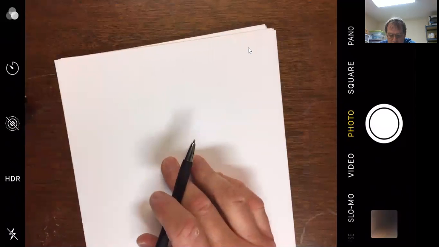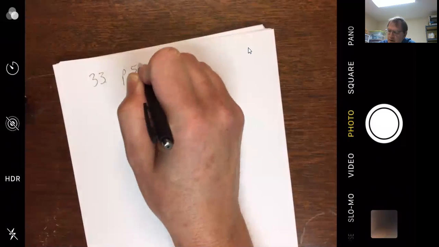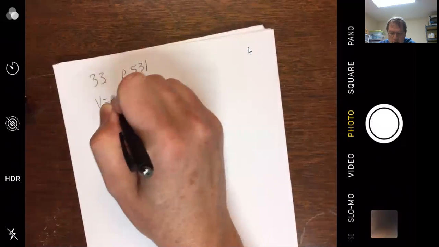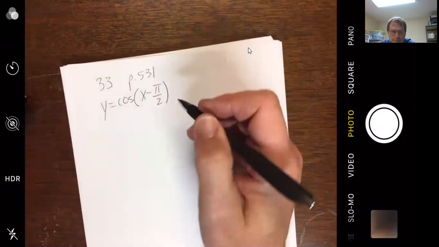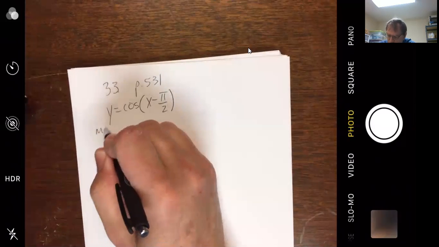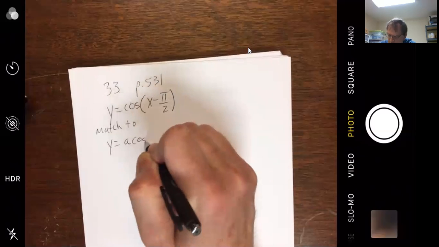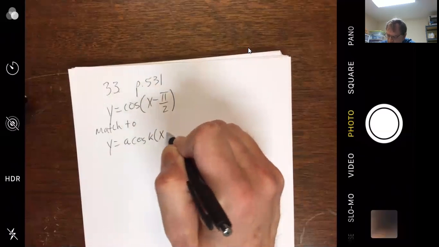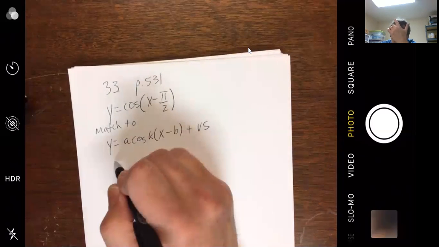In horizontal shifts in graph 1 complete period. I think I did 39 the other day. Why don't we try 33? Page 531. Cosine of x minus pi over 2. All right, and then we want to match to a cosine of k, and then x minus b, and then add vertical shift. In the worksheet,